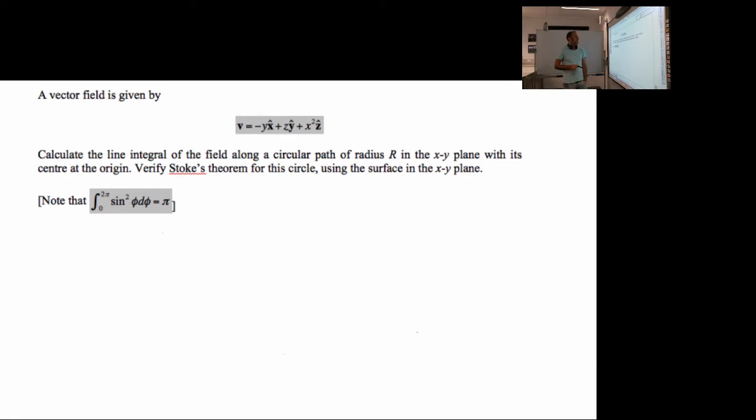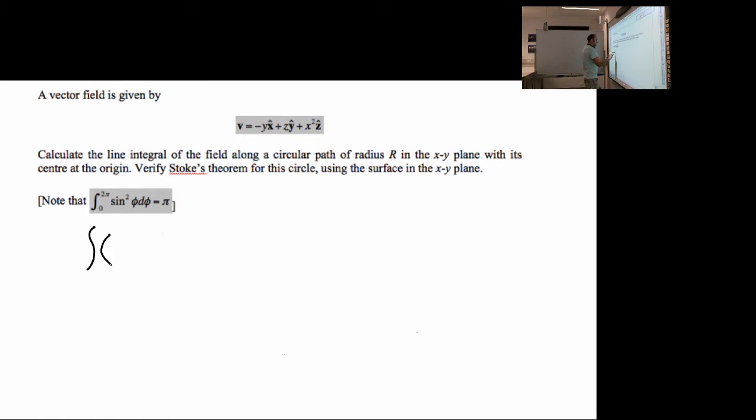Okay, so what we're going to do here is a problem where we're going to have to change from a Cartesian coordinate system into a cylindrical coordinate system. And we're going to do this by using Stokes' theorem. So Stokes' theorem again is we have